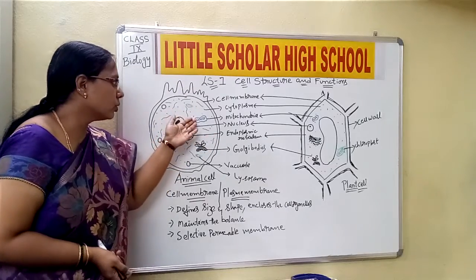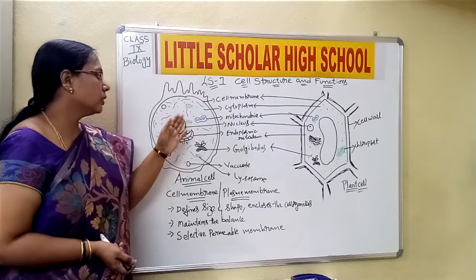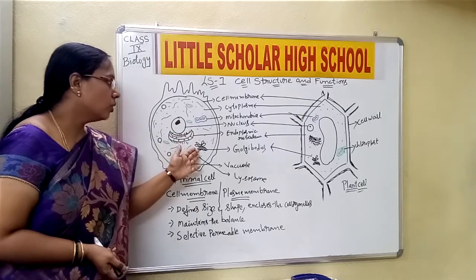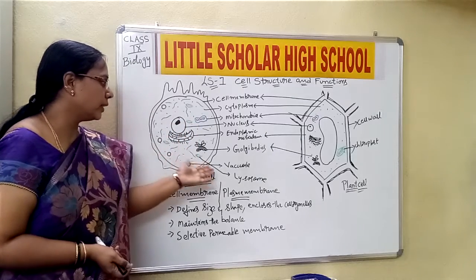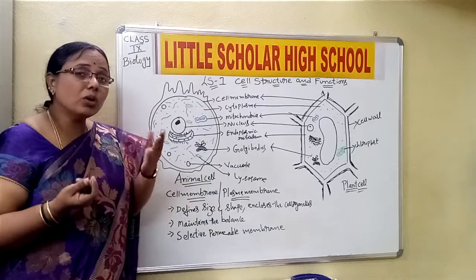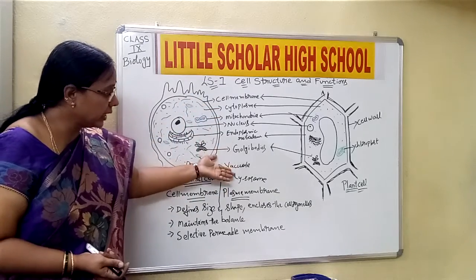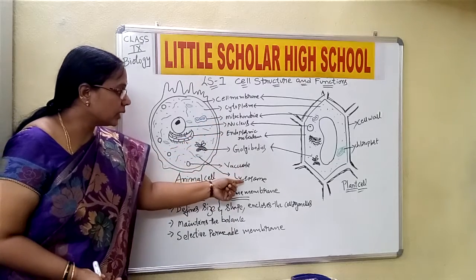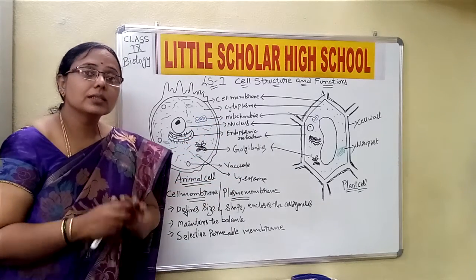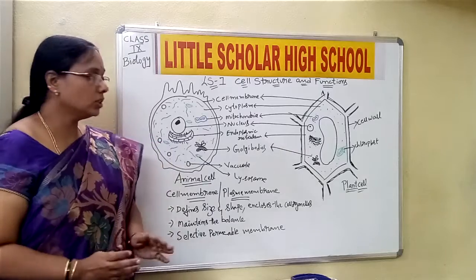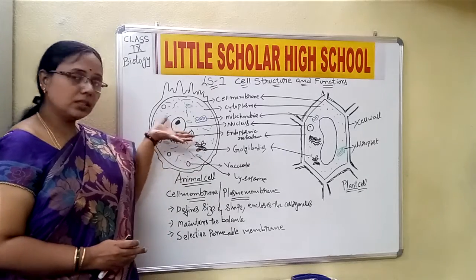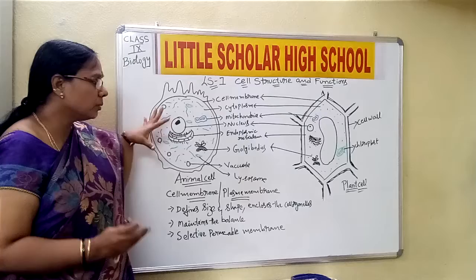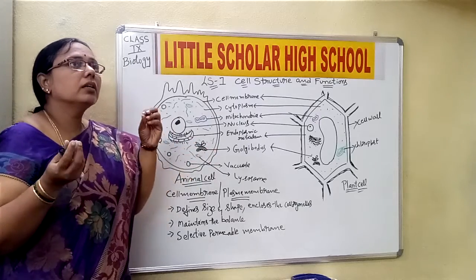And we have the mitochondria, the nucleus, endoplasmic reticulum, Golgi bodies, vacuole, and the lysosomes. Now what are these? All of these that we are naming are called cell organelles. Okay children, now I am repeating what is there. These are the basic things you find in your textbook.